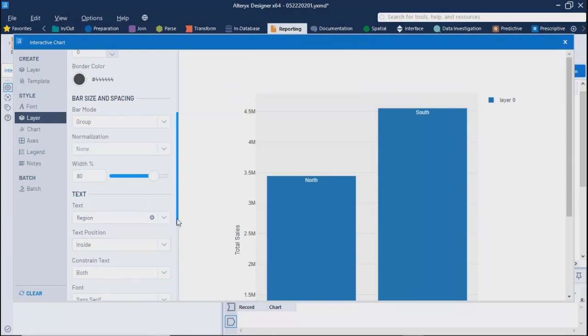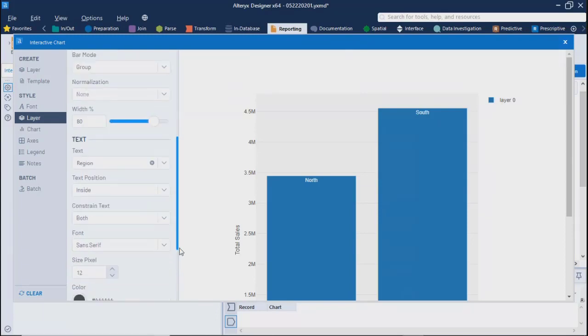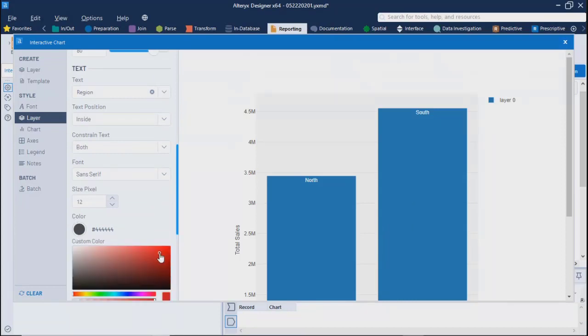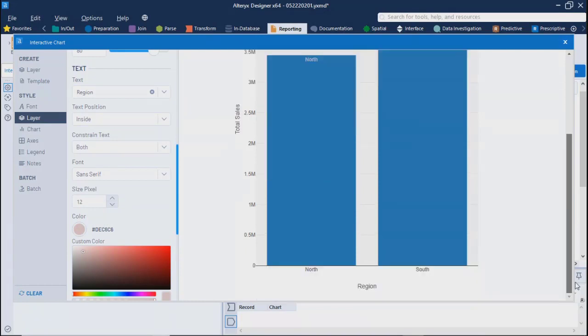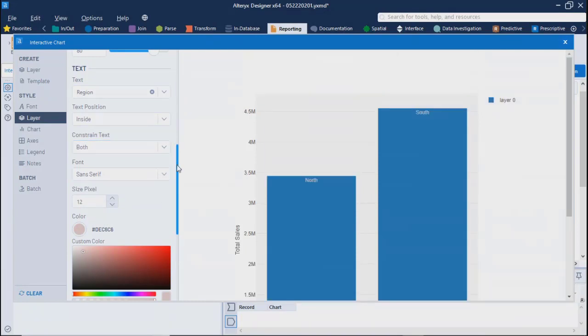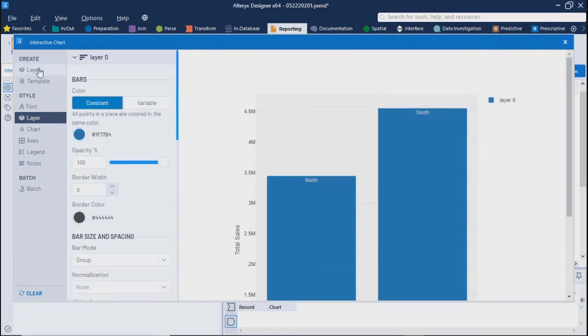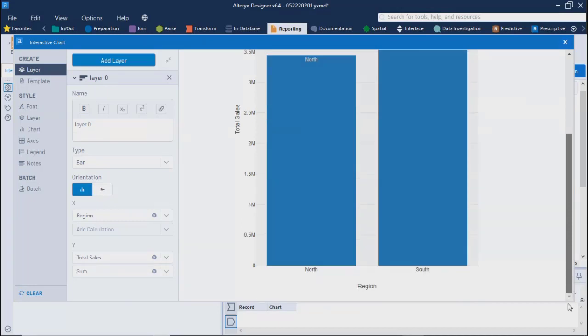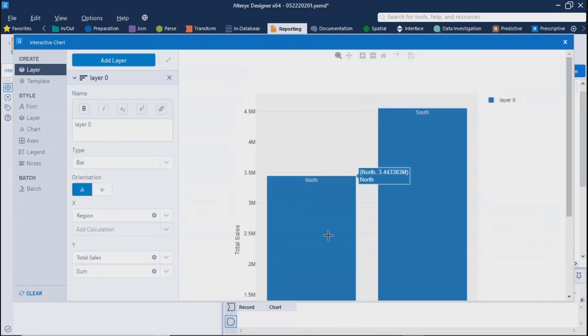I think you should be able to add other things within this also, so you can change the color and all. Yeah, so this is the way you can format it on layer 0. If you want, within this you can add one more chart or other charts on top of it in multiple layers.